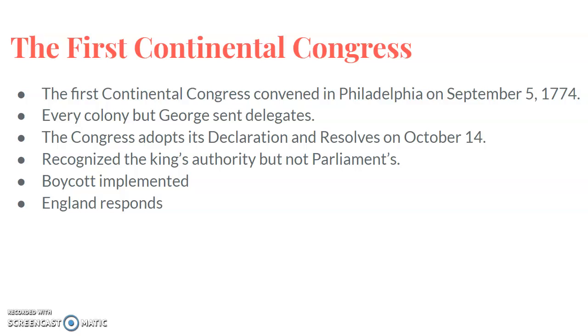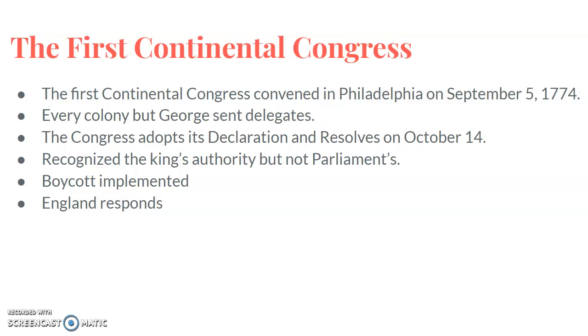Now, this Congress is very important because it adopts certain declarations and resolves which basically say that the colonists have certain rights like life, liberty, and property, and they've never given those rights to anybody else to speak of, and therefore they have the right over their lives, their liberty, and their property, and therefore the Crown does not have any right to